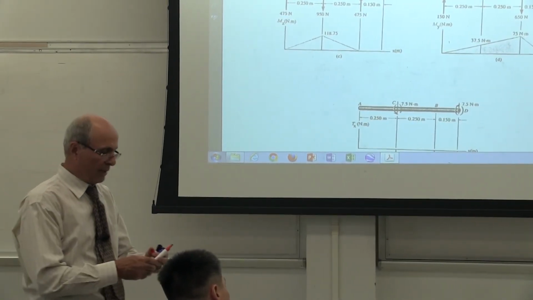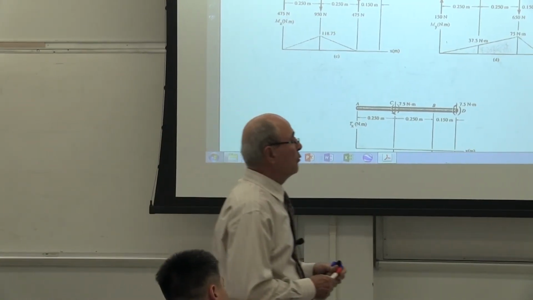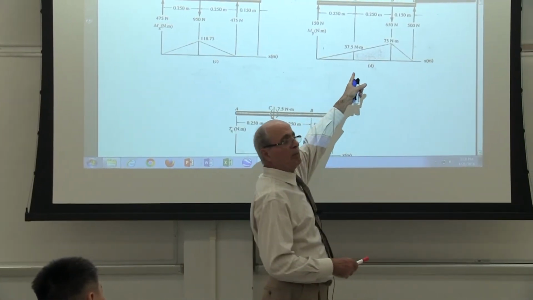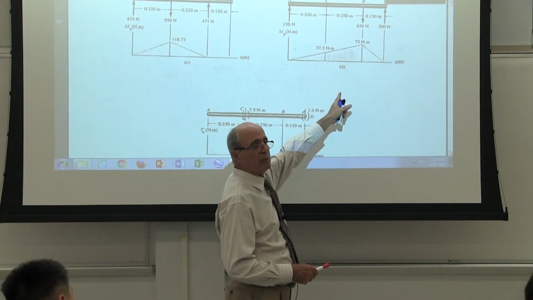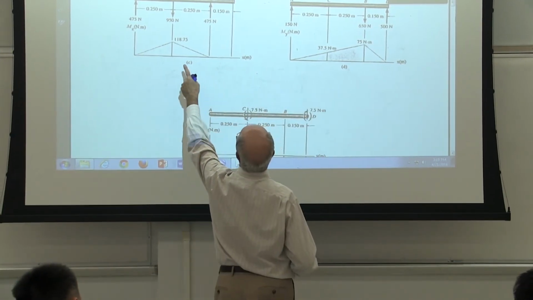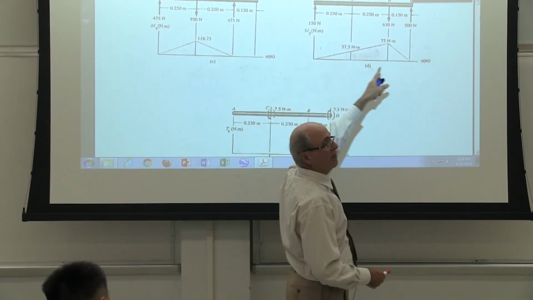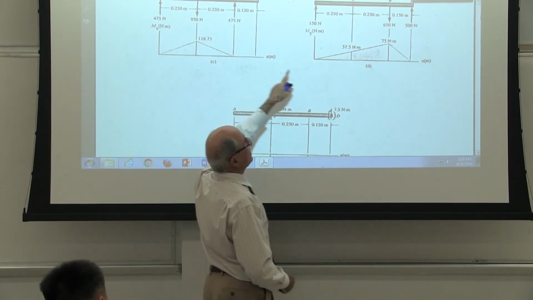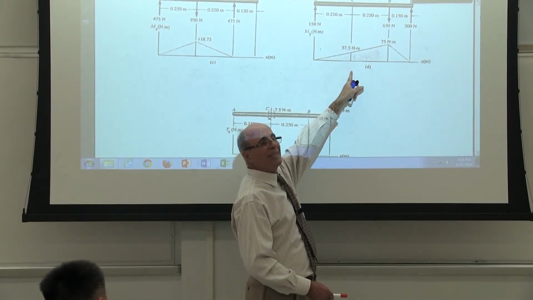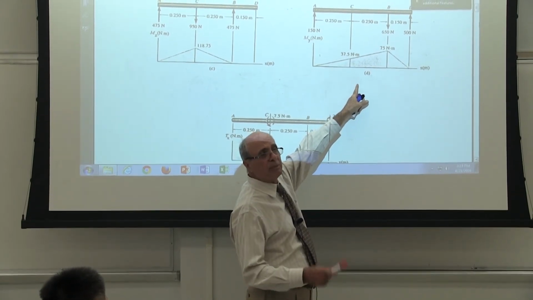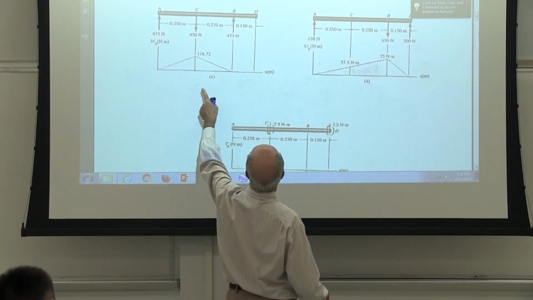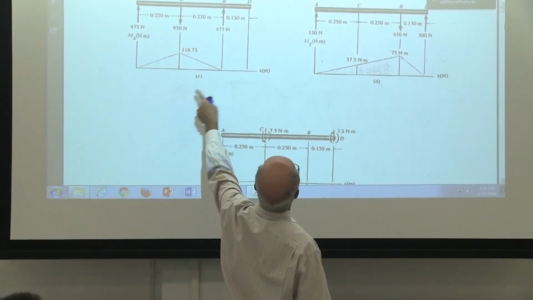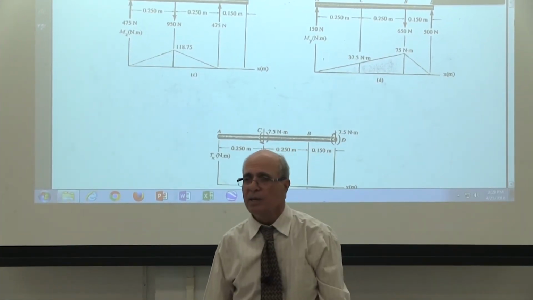So we have to do that for each problem. So we have to look around. Look, of course, for this problem, what do I have to do? What is my M now? Be careful. My M is not 118.75 and 75. My M is how much? 118 squared plus 37. Please put that. Many people in the final or in the quiz add this to that. That's wrong. This is at point C. This one is at point B.